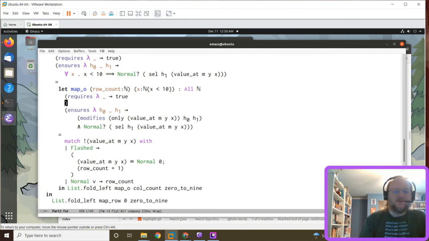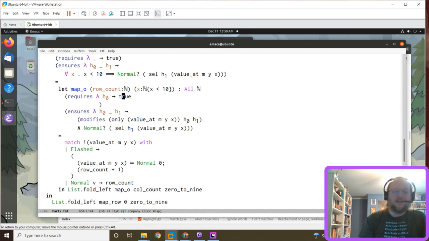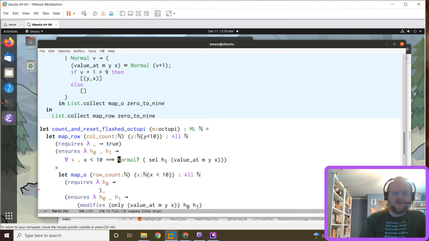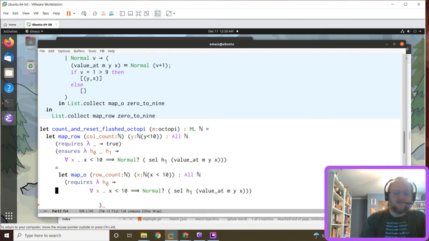All right, so what I think we can do is we can require that the property we care about is true for all... I need another variable name. So for all values of x,